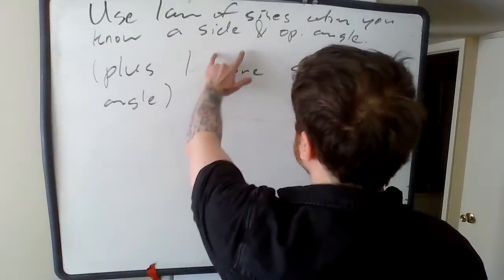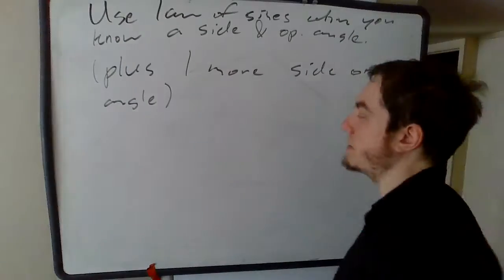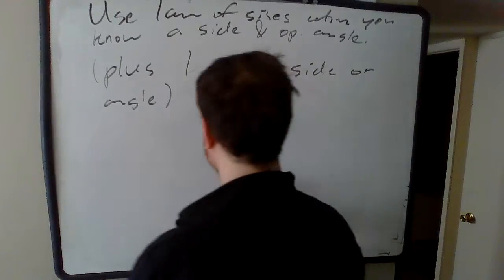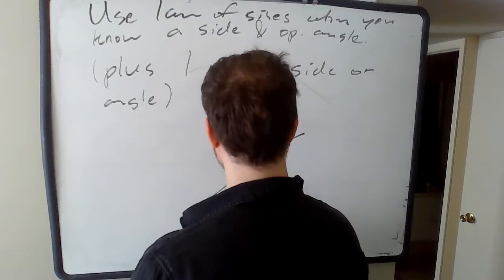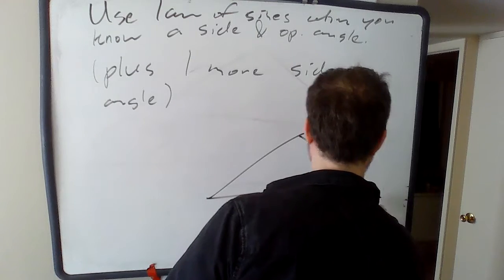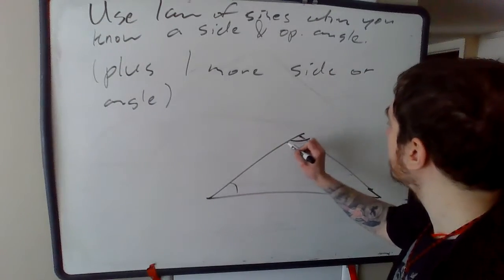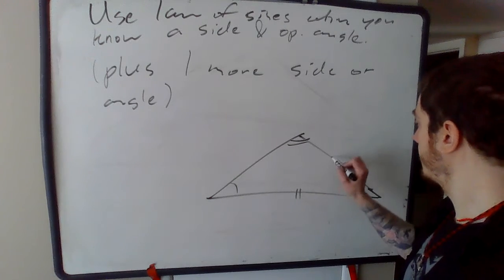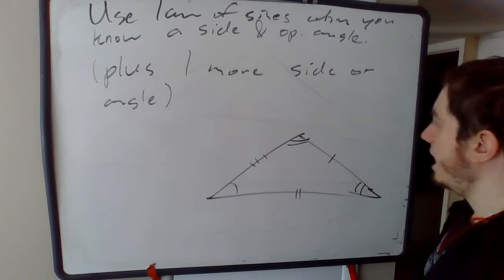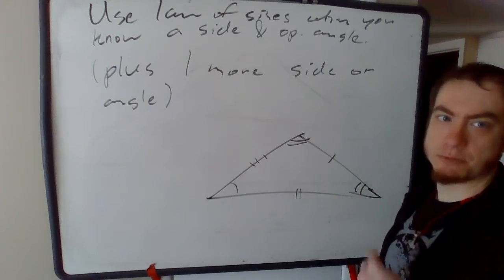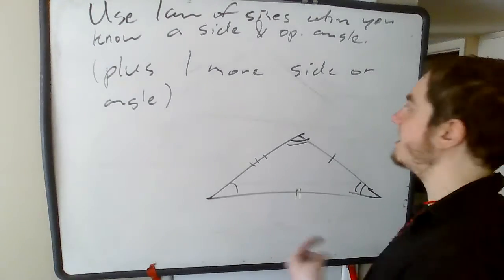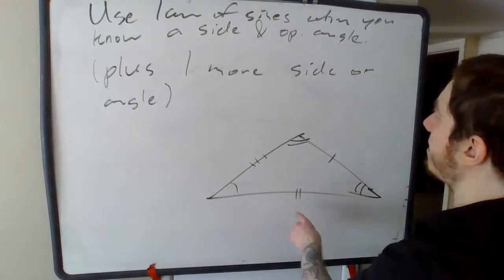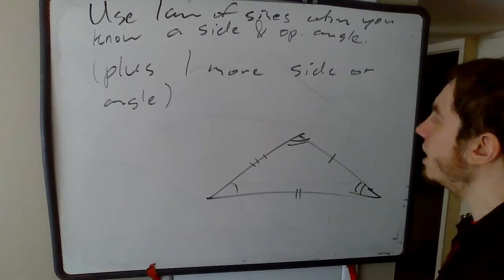But 2 of those measurements have to be one of the sides and the angle which is opposite to it. So if you think about a triangle, let's redraw that triangle. There are 3 angles here to think about, and then there are 3 sides. And so there's really 6 measurements about the triangle. Well, the point is, you need to know 3 of them in order to be able to figure out the